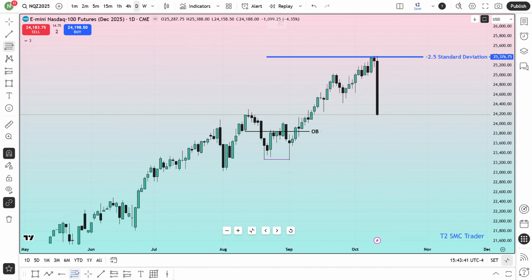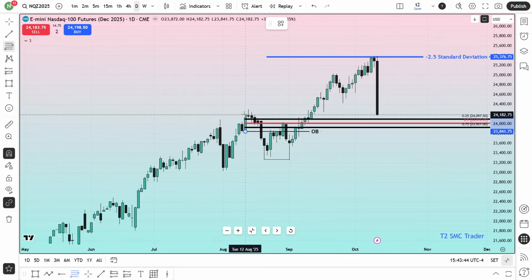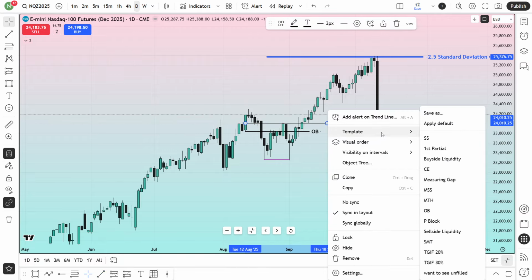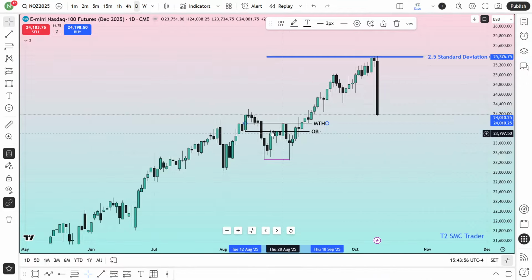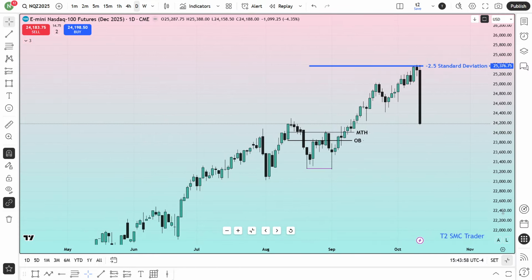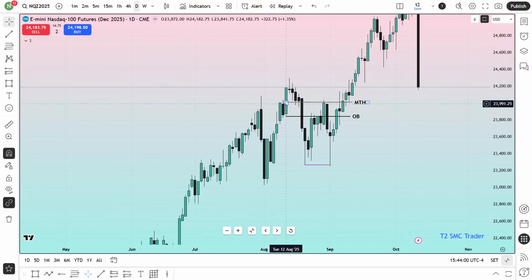And a more important level is the order block and the 50% of that order block, which is called the mean threshold. So I'm going to mark that mean threshold of that order block as well here. This is the mean threshold, or the 50% of that order block. Now, first of all, you can see that market came here to the all-time high. Then this specific candle has validated this candle as a bearish order block.